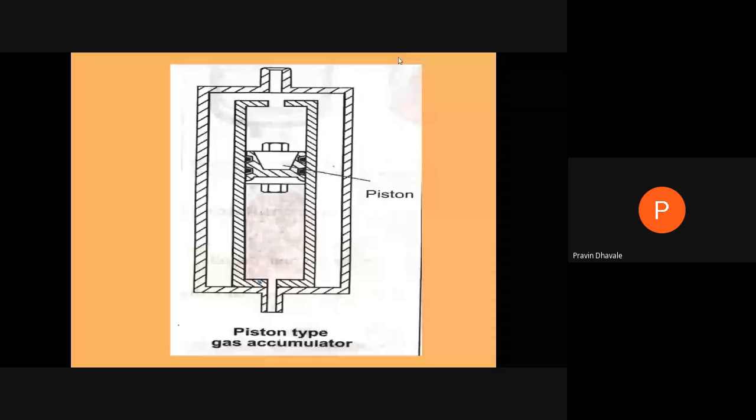Right? Gas charge accumulator, piston working. Are you getting this? This is one cylinder. It is filled with a piston, and on the top side another cylinder assembly is there. But on a peripheral of the